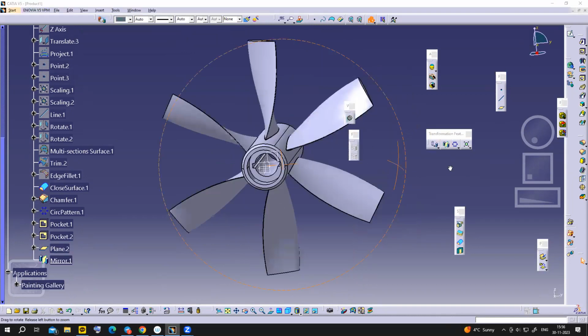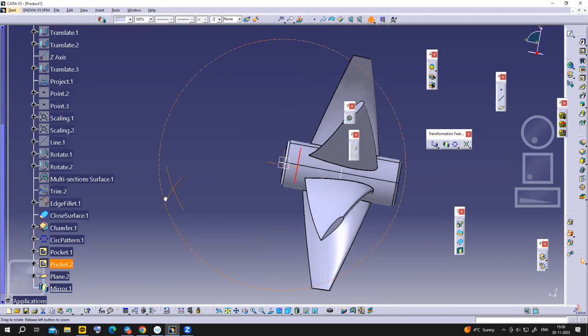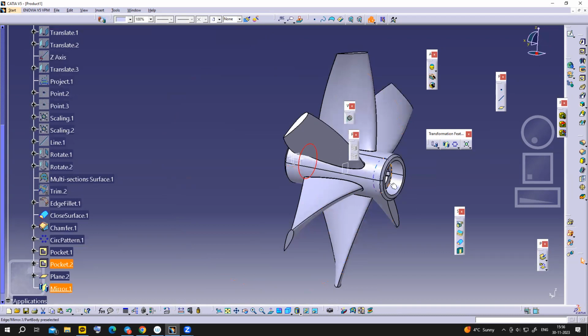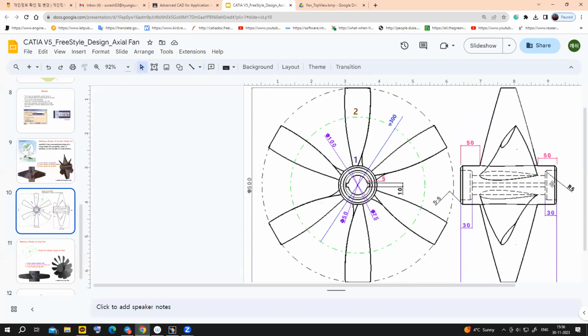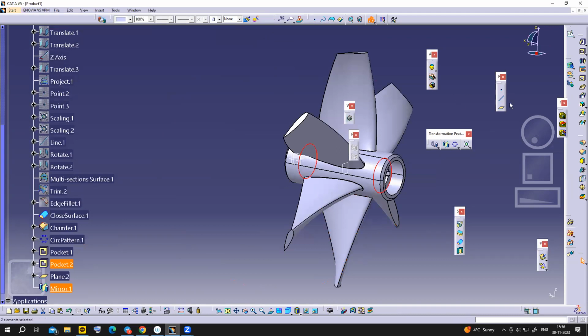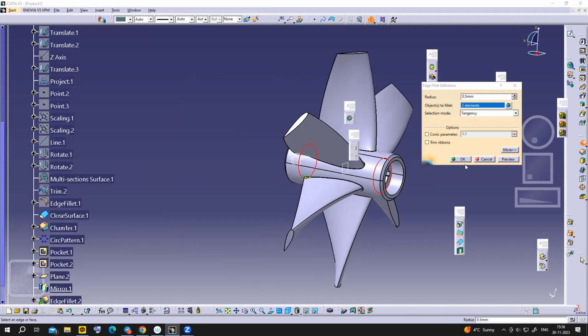Okay, and give the fillet. There is a fillet here. Fillet radius is 5 millimeter, R5, right? R5. So fillet. Okay, so